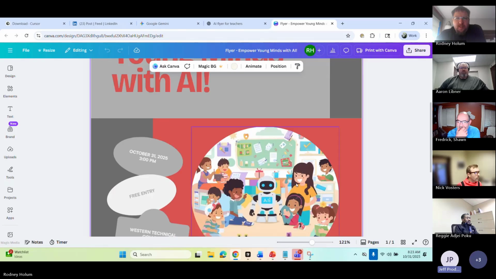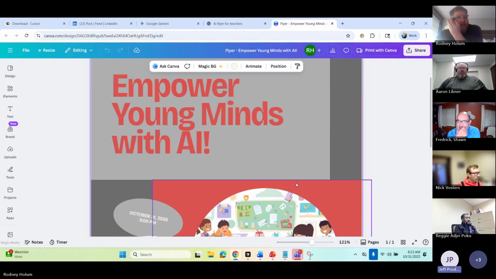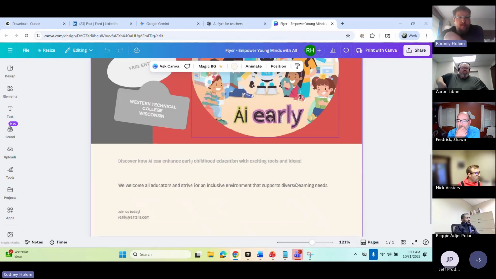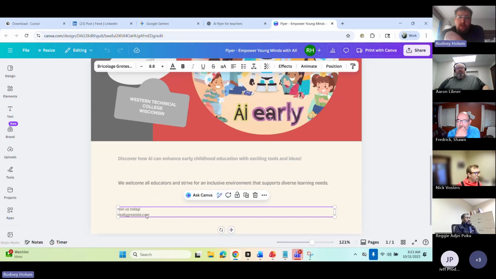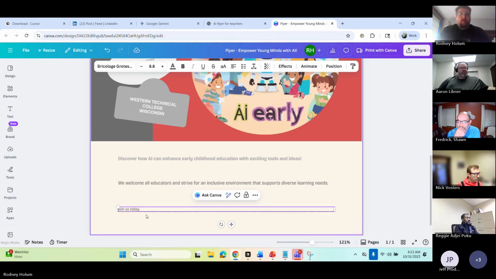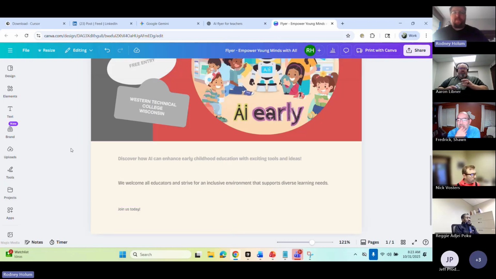Text is actually a really good example of things that need to be fixed. But doing it this way, you can fix it. You just go in. Yeah, that's awesome. I do all my flyer generation this way now.